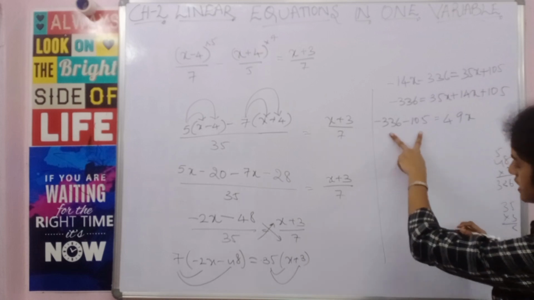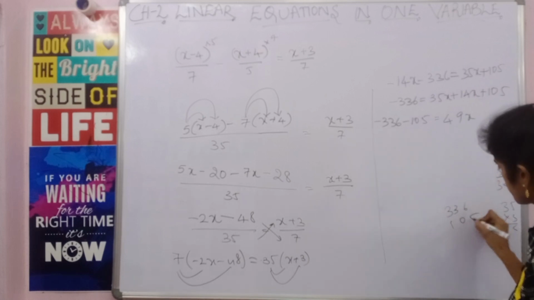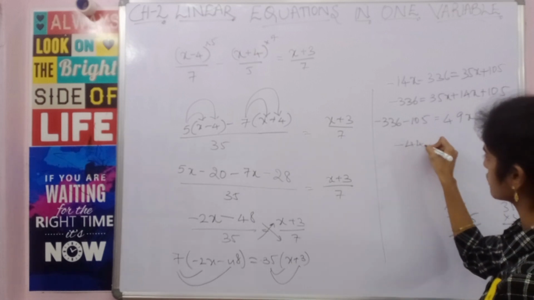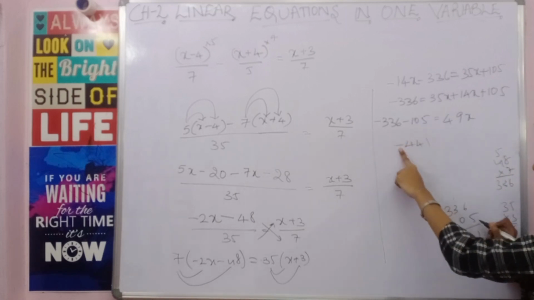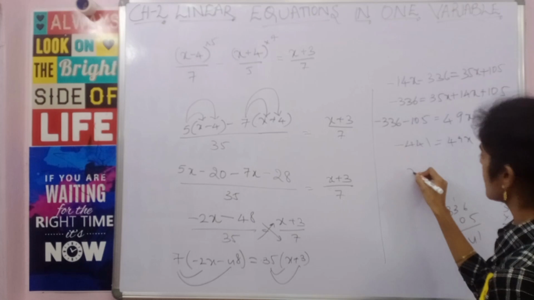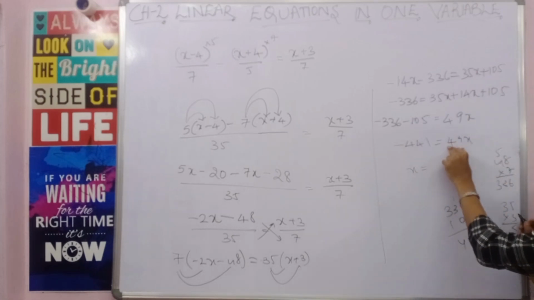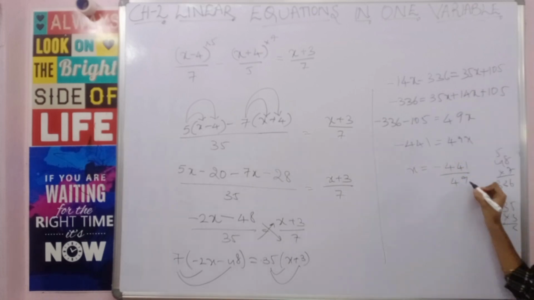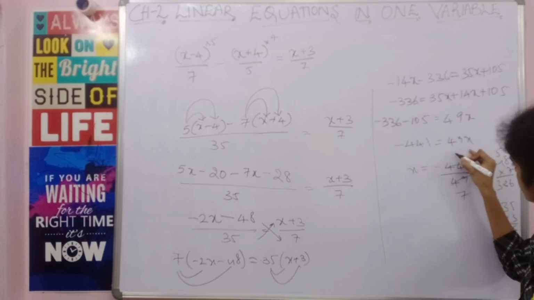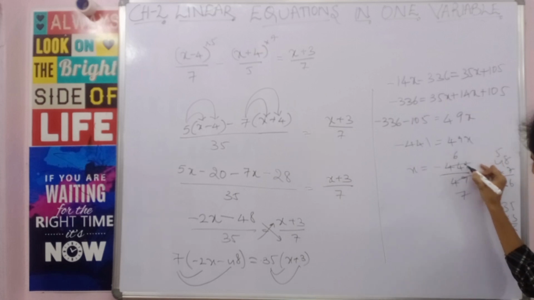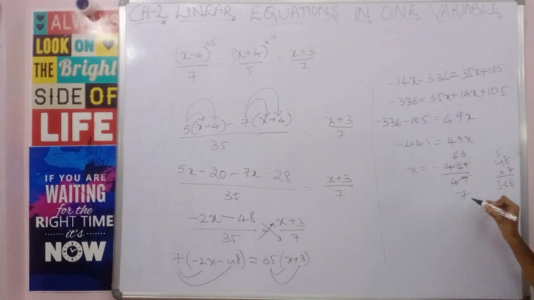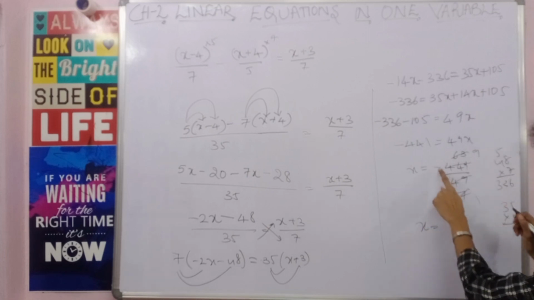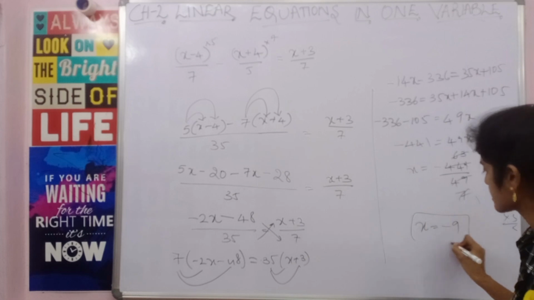Okay, so now adding these two, 336 and 105, if you add, what do you get? So it is 441. Okay, so it is minus 441, two negative integers you will add and you will write a minus sign, equal to 49x. So x is equal to what? This 49 is in multiplication, if it goes to the other side it becomes division, so minus 441 divided by 49. So 7 7s are 49, 7 6s are 42, you have a 2 remainder, so this is 21, 7 3s are 21. Okay, again 7 1s are 7, 7 9s are 63, so x is equal to minus 9. Okay, so the value of x you solved is minus 9.